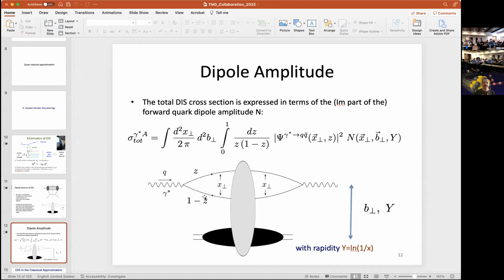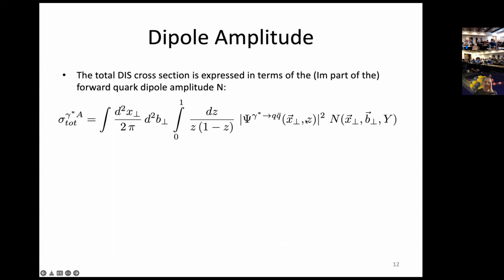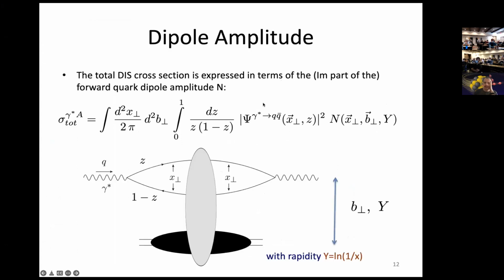Okay, all right. Let's get back to the presentation. All right. So if we now buy this, let me go full screen. If we buy the statement that this dipole picture dominates, so this is how we do the calculation then. We have a separation of time scales, right? The virtual photon comes in and splits into a quark-antiquark pair way before the interaction with the proton. So we have this splitting process, and conversely the merging process on the other side, which we can factor out.